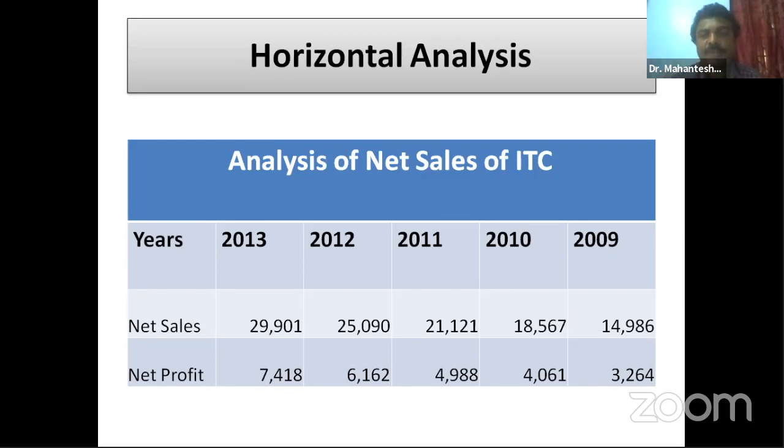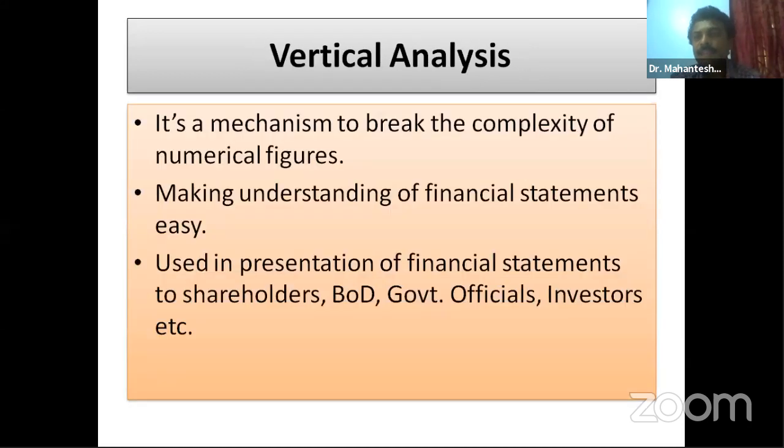ನೆಟ್ ಪ್ರಾಫಿಟ್ ಅನ್ನ ತಗೊಂಡ್ರೆ ಓವರ್ ಅ ಪೀರಿಯಡ್ ಆಫ್ ಟೈಮ್ ನೆಟ್ ಪ್ರಾಫಿಟ್ ಹೇಗೆ ಚೇಂಜ್ ಆಗ್ತಾ ಇದೆ ಅನ್ನೋದನ್ನ ನಾವು ಹಾರಿಜಾಂಟಲ್ ಅನಾಲಿಸಿಸ್ ಅಲ್ಲಿ ಮಾಡ್ತೀವಿ. ನೆಕ್ಸ್ಟ್ ಒನ್ ಇಸ್ ದಿ ವರ್ಟಿಕಲ್ ಅನಾಲಿಸಿಸ್. ವರ್ಟಿಕಲ್ ಅನಾಲಿಸಿಸ್,